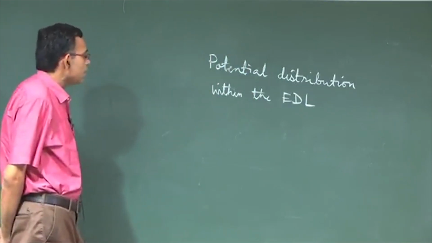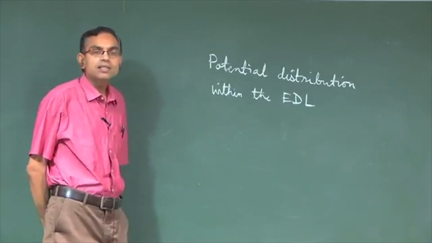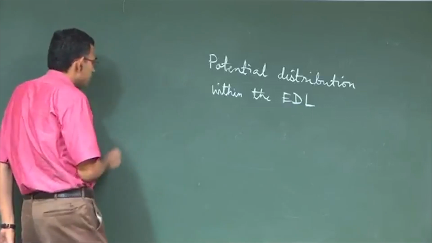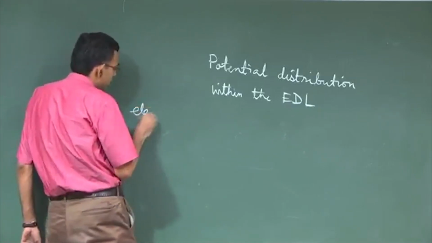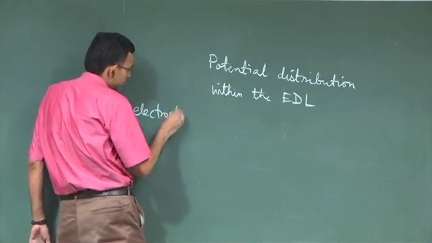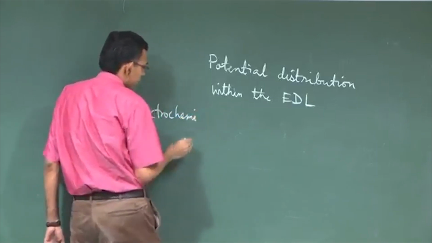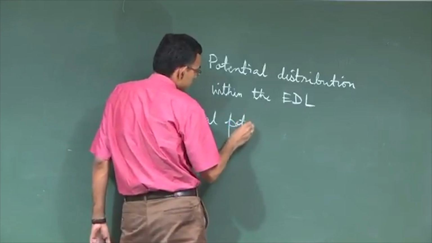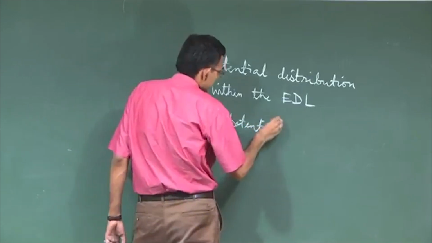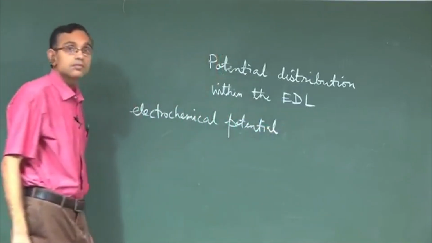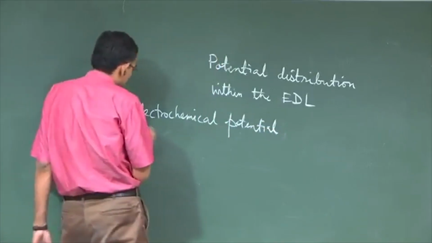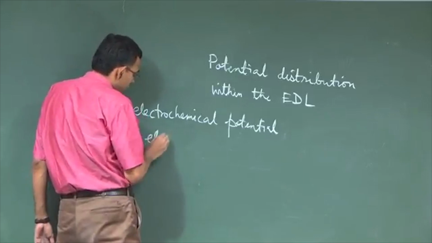So, the very important parameter that we consider for finding out the potential distribution is something called electrochemical potential. Electrochemical potential is a combination of